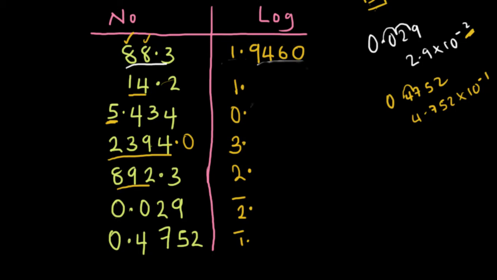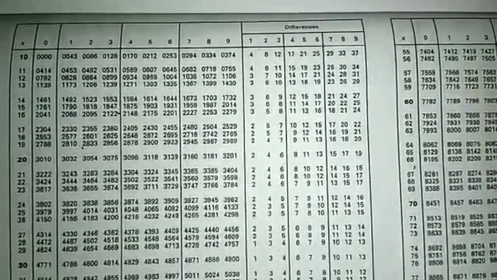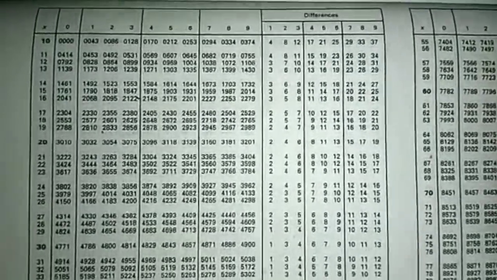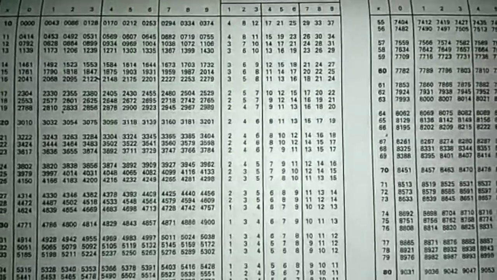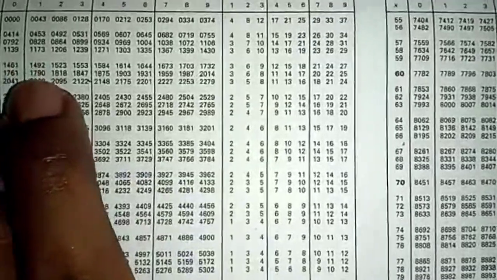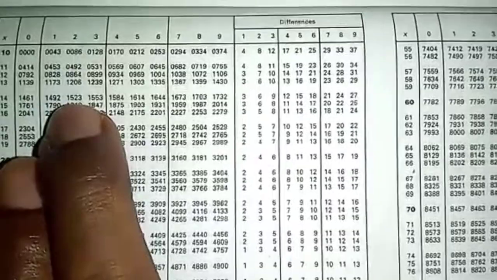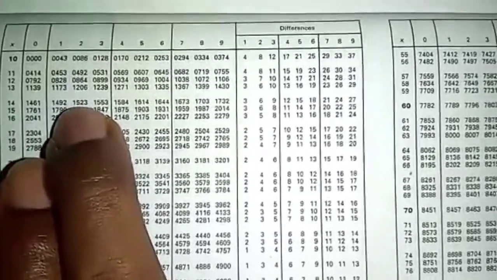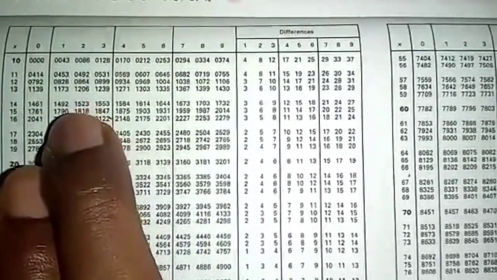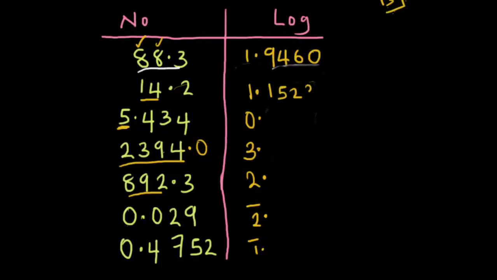And the way to find it is to get a logarithm table. So let's get a logarithm table. Now, as you can see, this is a logarithm table. So if I want to find the fraction part for 14.2, all I will just need to do is 14 under 2. So you can see this 14 here. So I'm doing 14 under 2. 14 under 2 is 1523. So I add 1523 to the integer part. Do you understand? 1523. So it means that the logarithm of 14.2 is